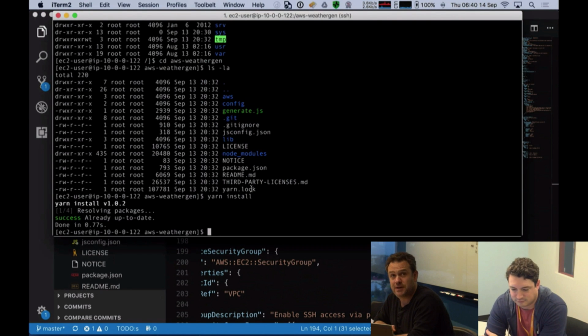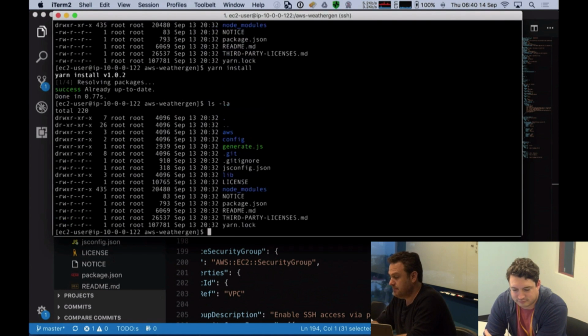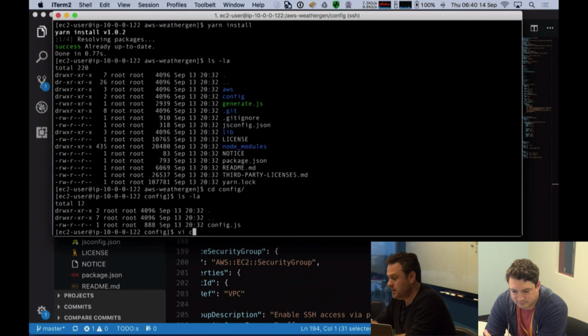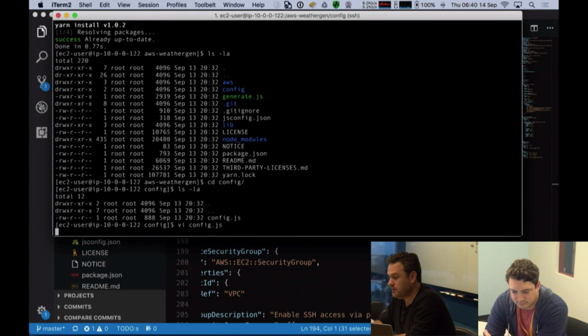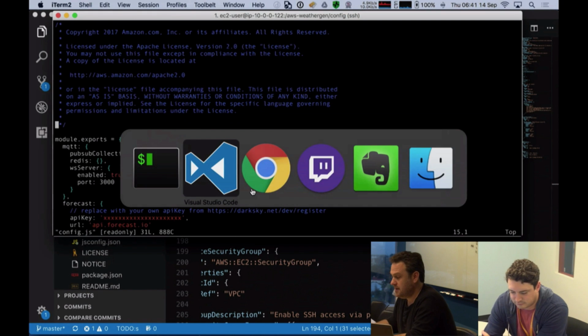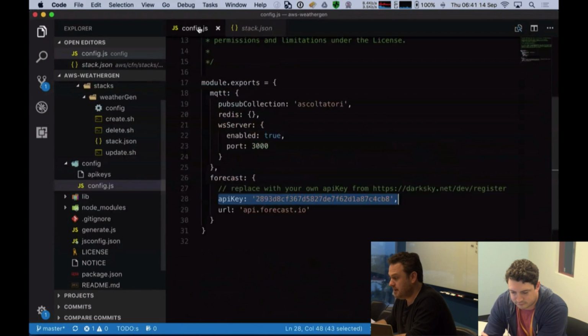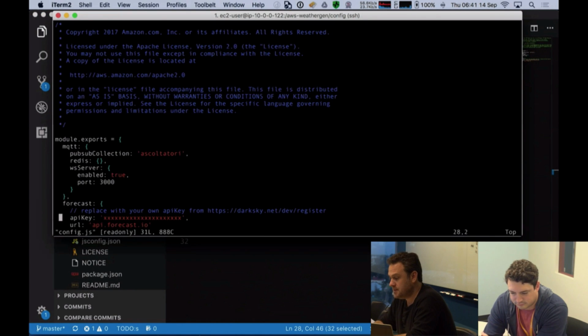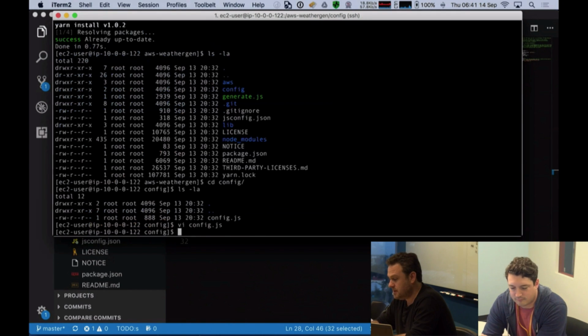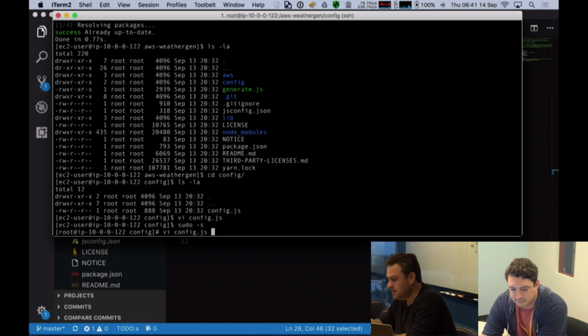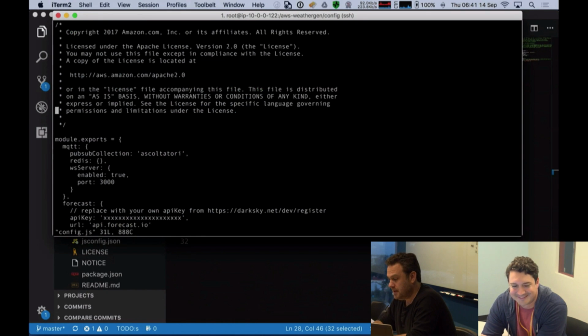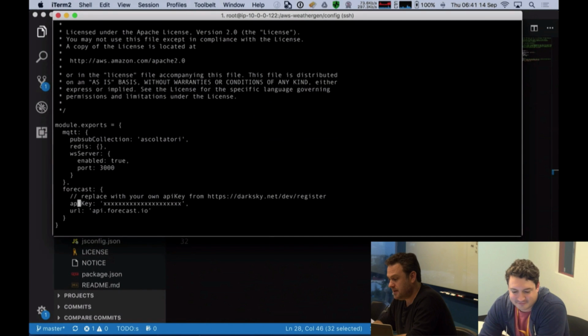But as I mentioned before, we need to bring our API keys in. We don't have access to your API keys. So on the EC2 instance, we can change directory into our config, and we can just paste into our config.js that API key. Now I'll just jump across, I'll copy the API key that I brought across into my local configuration earlier, and we'll paste this into the config.js, and of course I'm not running as the right user. Typical. We'll jump in and we will put our API key in.